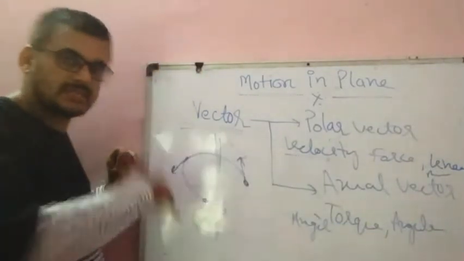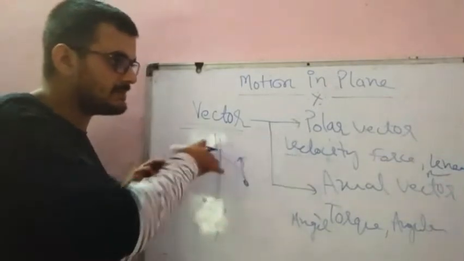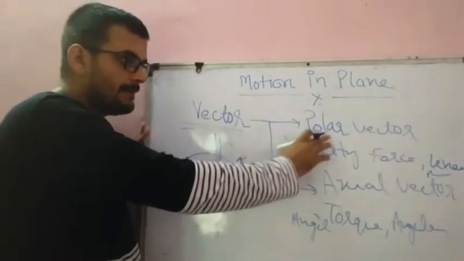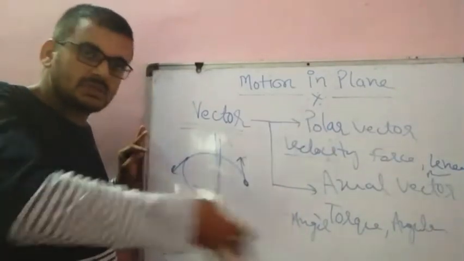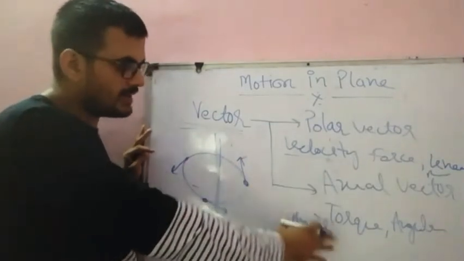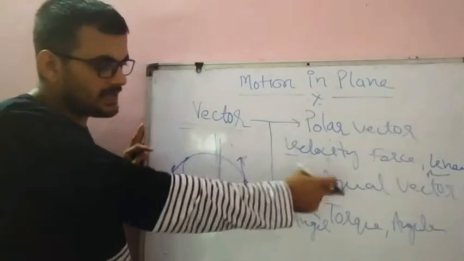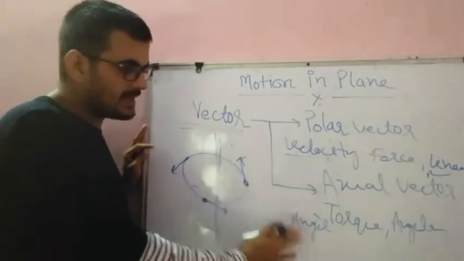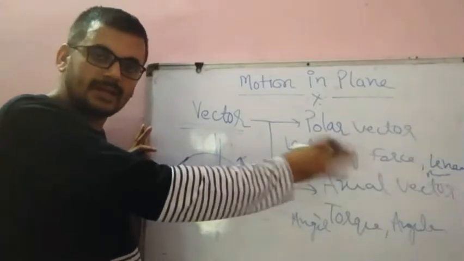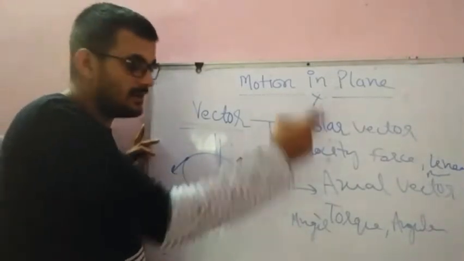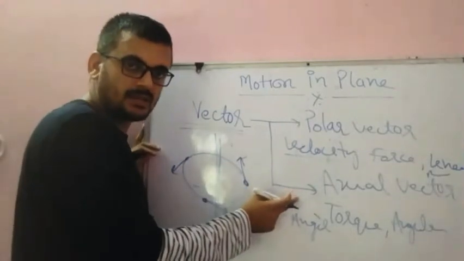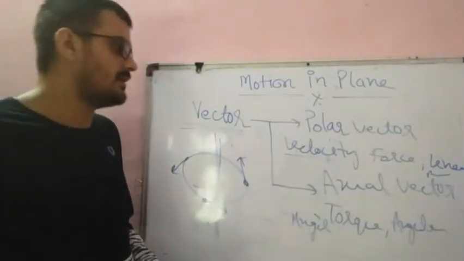मीन्स जहां पर भी रोटेशन होगा, सिंपल लैंग्वेज में मैंने आपको बताया ना कि जब बॉडी स्ट्रेट लाइन में मूव करती है, ठीक है, तो वहां पर हम पोलर वेक्टर लेंगे. And when the body is rotating around an axis, that time we will take the axial vector. ओके, टॉर्क में भी देखो बॉडी रोटेट करती है, एंगुलर मोमेंटम, एंगुलर वेलोसिटी, एंगुलर डिस्प्लेसमेंट, ठीक है. यहाँ अगर सिंपल डिस्प्लेसमेंट ले रहे थे, तो पोलर वेक्टर. When we take angular displacement, then we will take the axial vector.